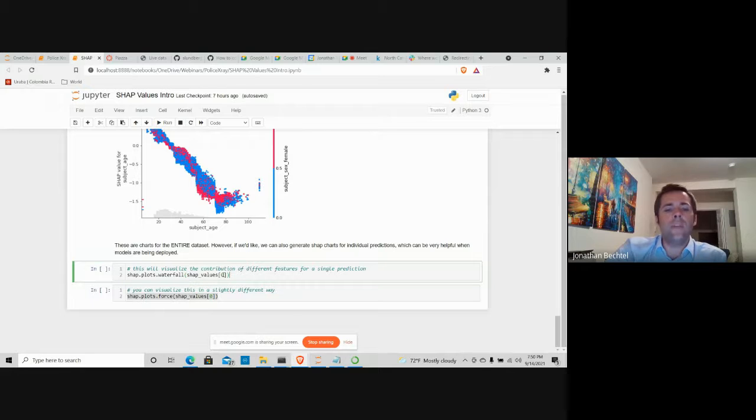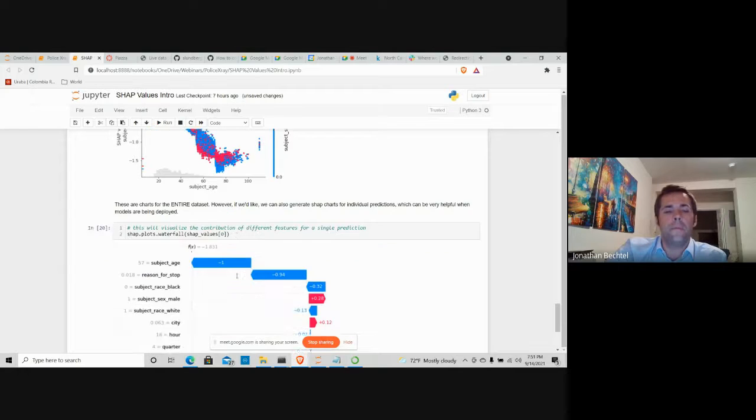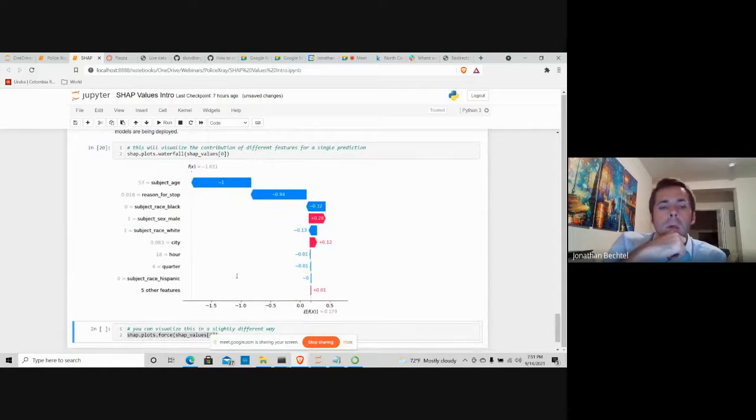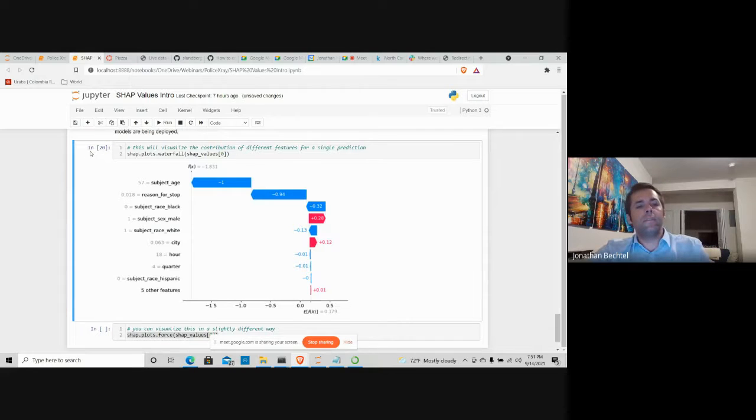In this case, for the very first sample in our data set, this was the final prediction right over here, which is actually expressed as log odds, not raw probability. This is the baseline value, and then you can see how each individual value in the actual sample itself contributed to the final outcome. So in this case, if you were to look at the first row of X,